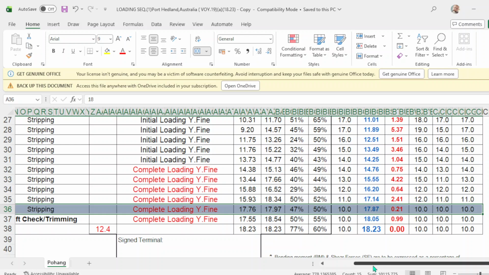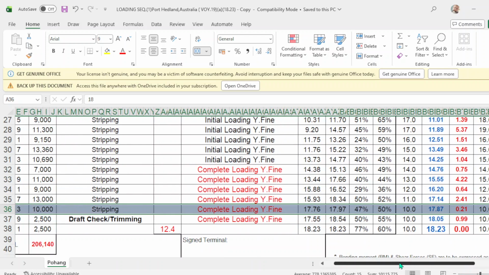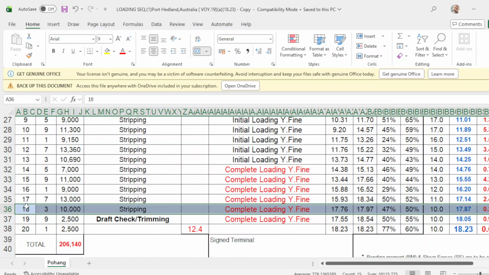So at this juncture, after reaching pour number 18 or completed loading hold number 3 of 10,000 metric tons, the foreman will stop loading and go on board and advise the chief officer or the duty officer to take the draft survey to compute for the remaining cargo to load.